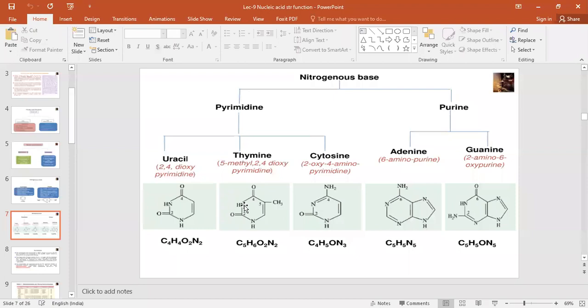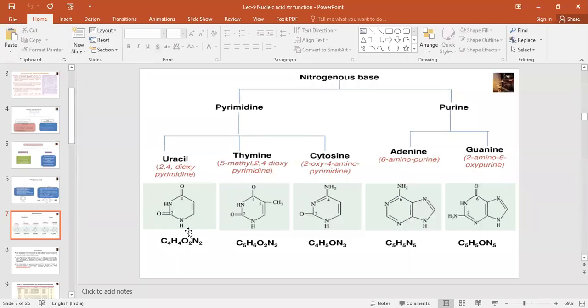And if you cancel the double bond, the nitrogen has valency 3, so you have to attach a hydrogen to the nitrogen. Okay, so nitrogen, hydrogen, 1 bond, this 1 bond, this 1 bond. Valency 3 is completed. So in this way, you have to calculate and fix the double bonds according to the valency of nitrogen and carbon. Carbon has 4 valency, nitrogen has 3 valency. If nitrogen is not completing the valency of 3, you have to attach the hydrogen to the nitrogen. So this is the structure of thymine.